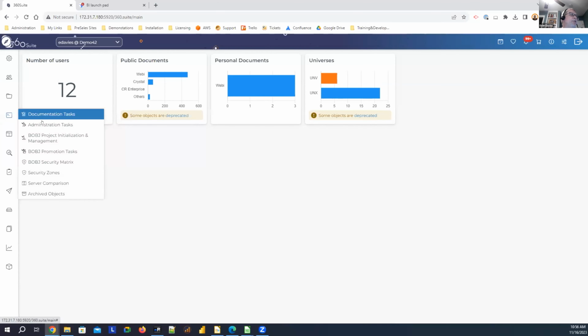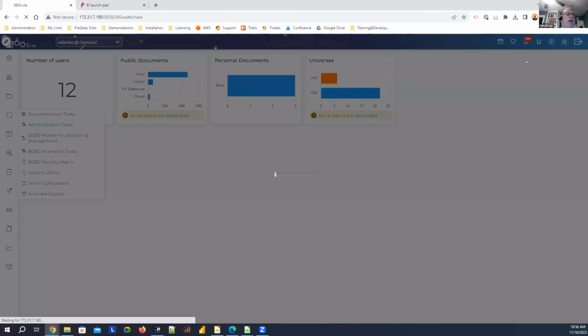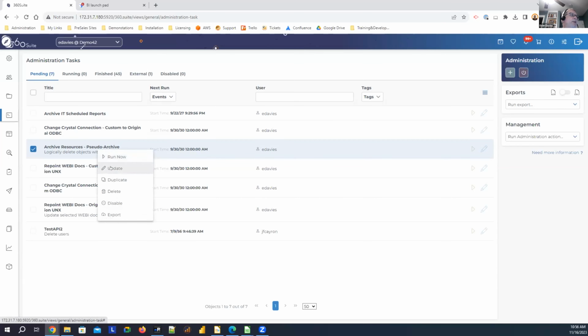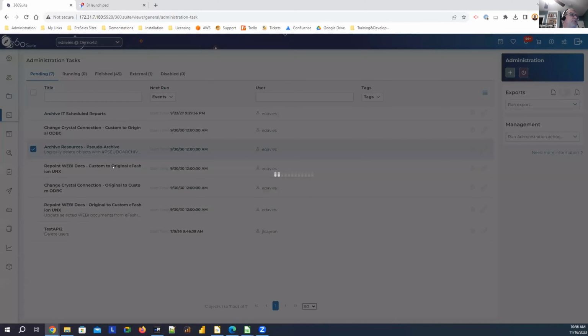And from here, we can actually create what's termed a task, which I can look at here. And you can see that inside of this environment here, I have an archived resources pseudo archive task here. So in the interest of time, I'm just going to show you exactly what I created earlier. Okay, so this particular